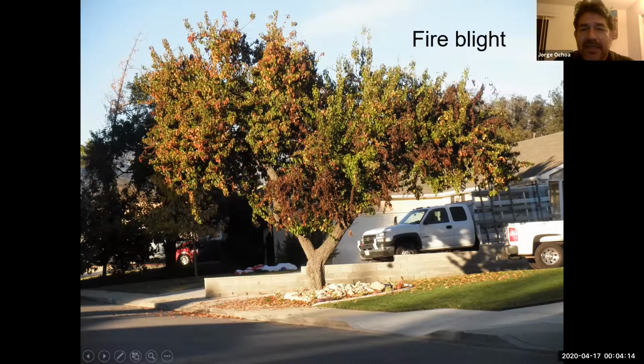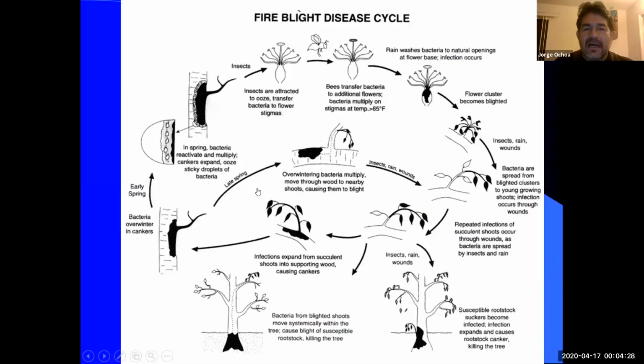So here's a tree. It's called fire blight because there is a rapid death on the stem, and it's going to die so quickly that leaves are not going to drop, and then you're going to have the flags, or the dead branches, that are going to linger on. And we see our life cycle here for fire blight. We can see that there's a canker where the pathogen overwinters, and during the right season, which is going to be the beginning of spring, this is caused by a bacteria, first of all.